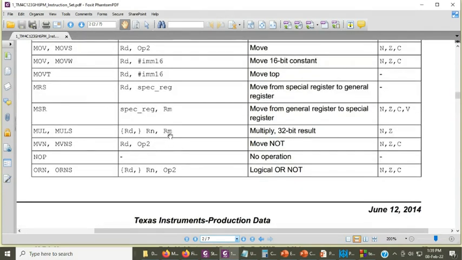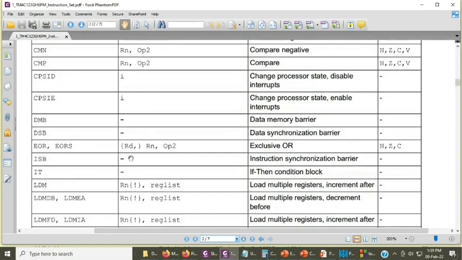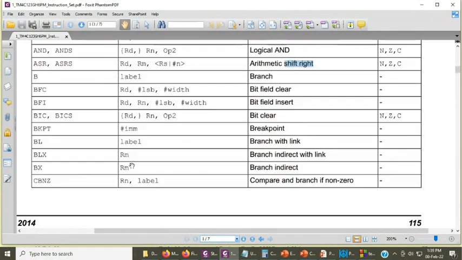Always remember, the values move from right to left, not from left to right. Just like MOV A, B, where the value of B is loaded into A. Similarly, if we say MUL Rd, then it will be the destination register, and then Rn and Rm. So Rm and Rn will be multiplied, and that will be stored in Rd. Similarly, if you have add, for example, where is the add?